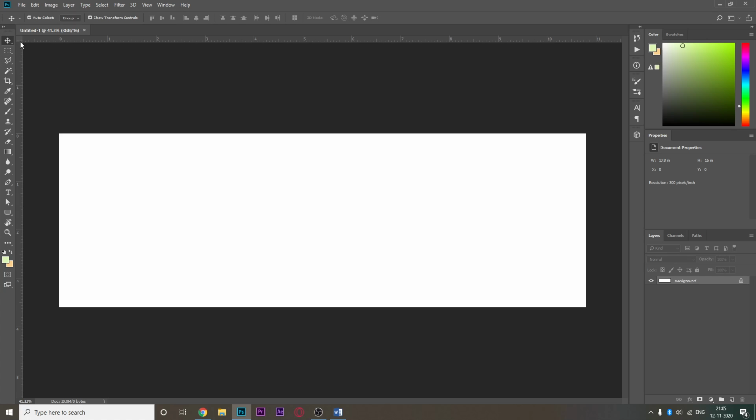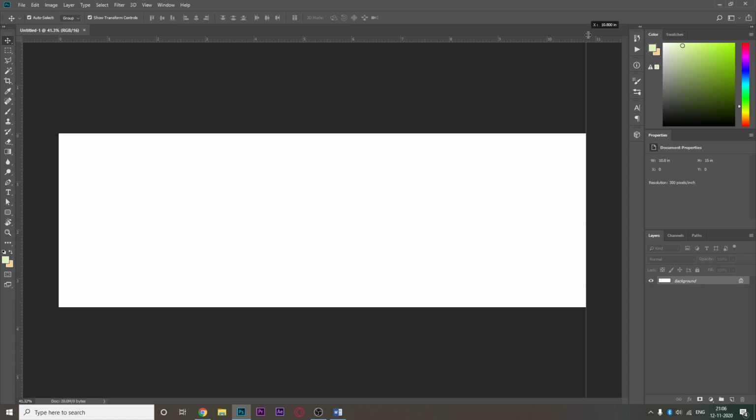Now this ruler might not be there in your Photoshop when you open it. You just press Control and R, so that the ruler comes. This ruler will help us tremendously. Now what I do is I go here. If you see, the black mouse cursor changes into a normal Windows cursor. So when I press here and drag, I can see the pixel value. So at this point, the x axis is 5.315 inches, and okay, so I line it here, so I can see that it is 10.8, right?